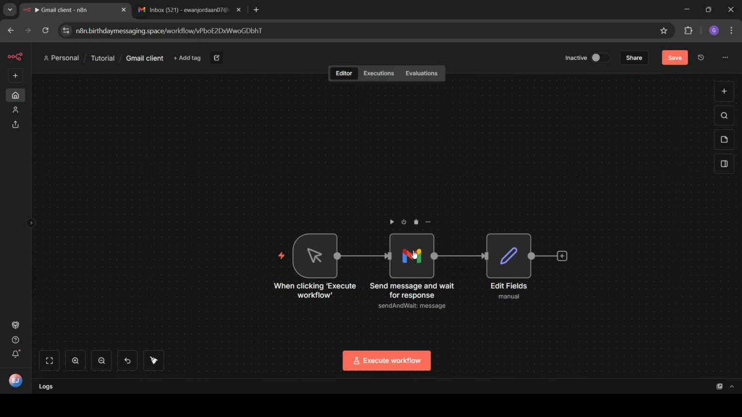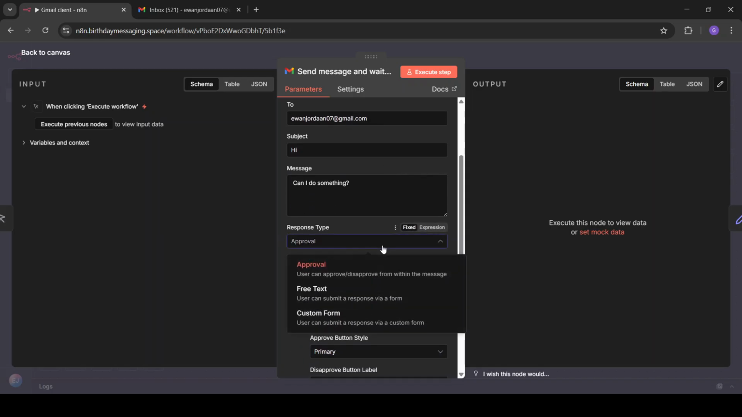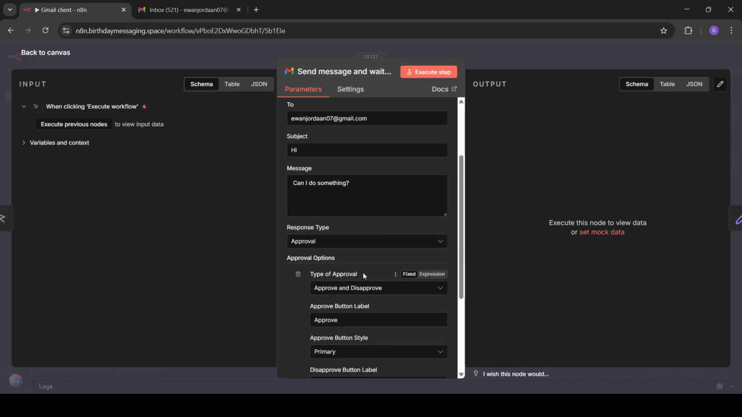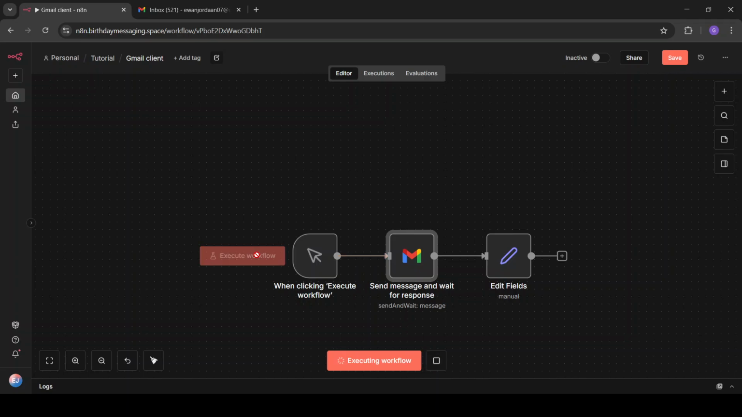Now, how it works is the same across all APIs. You send a message to a certain place and you ask for an approval, or free text, which is anything, or a custom form, so they fill in a form and you get the answers from the form. Now, in this case, I just want approval, and for the type of approval you can add approve and disapprove, or approve only. There are also different parameters which you should play around with to find the right one for you. Now, if I execute this,